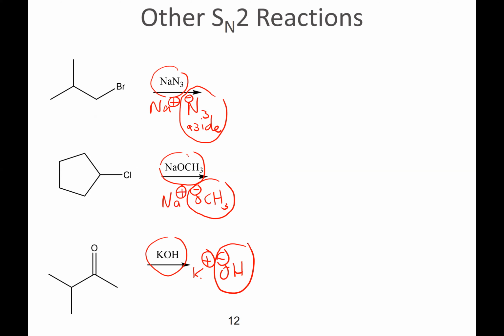Okay? So the sodium and potassium cations are just spectators, right? They don't really participate in the reaction. And so the azide attacks the positive carbon, the leaving group gets kicked out, and you are going to form